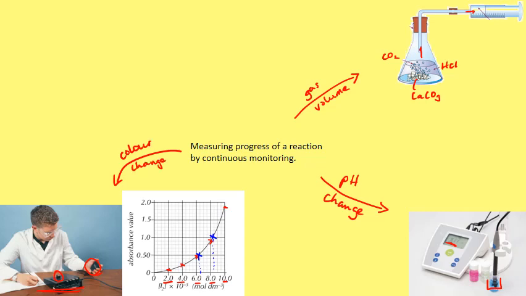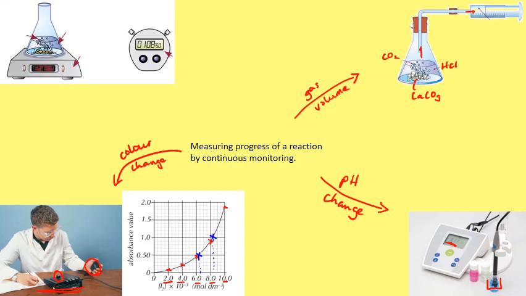Using a colorimeter, that's the color change method for measuring the progress of a reaction where we get a color change. So that's 3 methods. The last method is this one here, where we measure the mass. So it might be actually the same